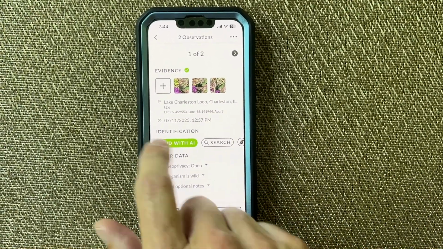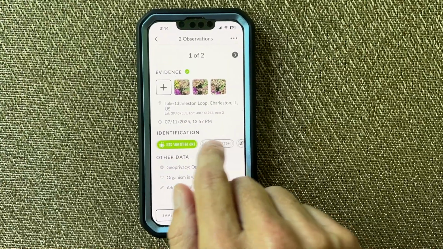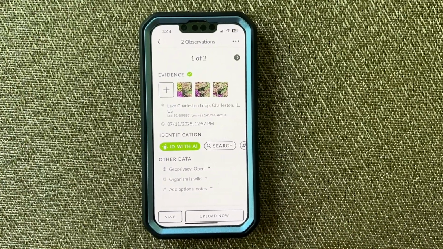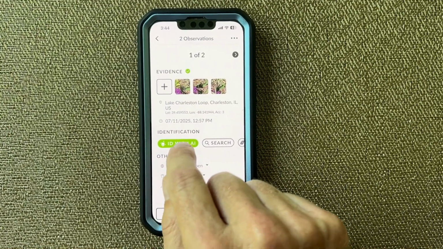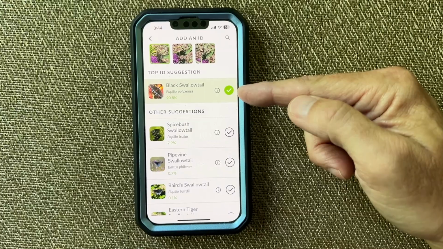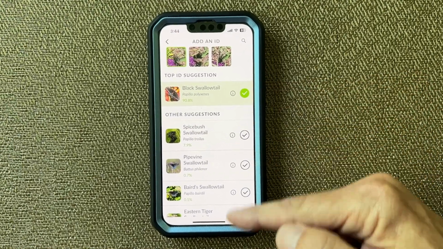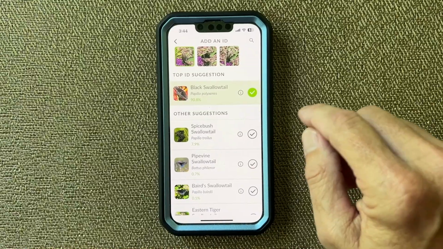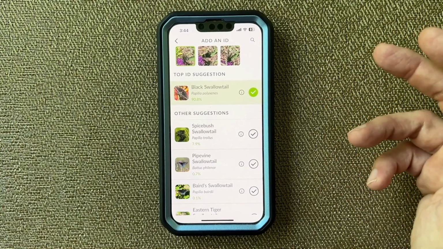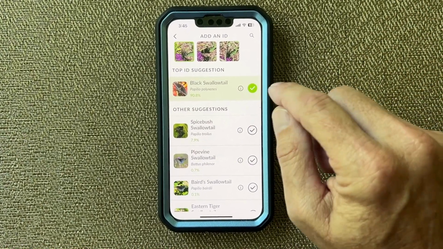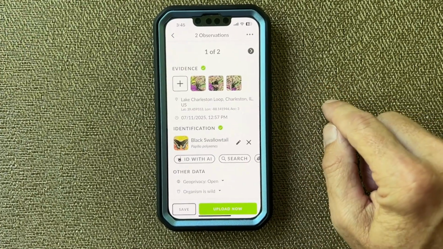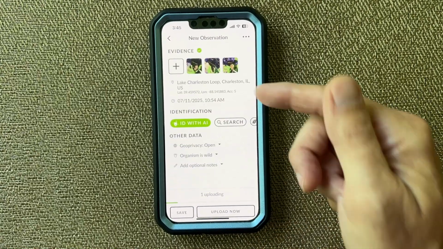It shows the location, the time it was taken, and then it has some different types of buttons you can click for different types of identification. So I'm still going to ID with AI, and here again it has this top choice, which is black swallowtail, and then it has some other choices here if you think it might be something else. And these are all species here, but sometimes the top choice, if it's not quite sure, might be a genus or a family or some other taxonomic level. So that's a black swallowtail. So I'll select that. I was pretty confident about that, and I can upload that, and it'll go right to the next